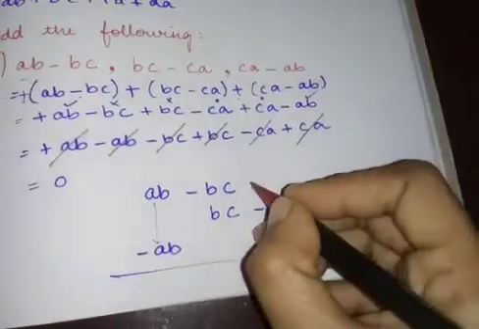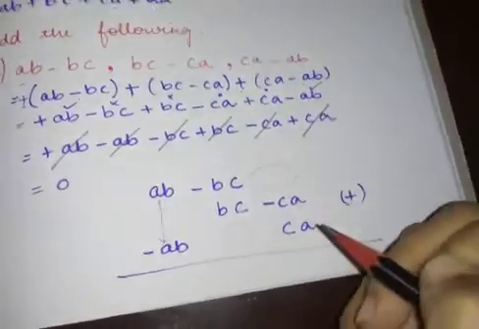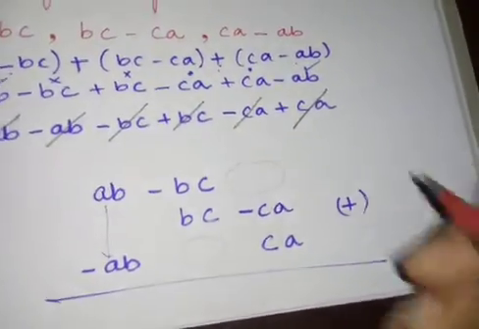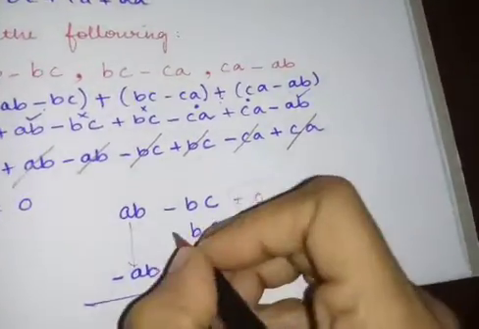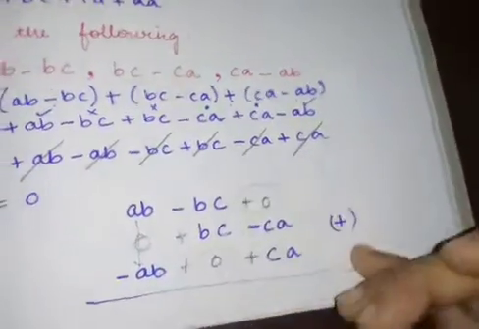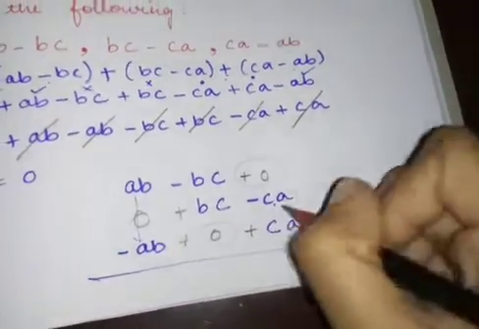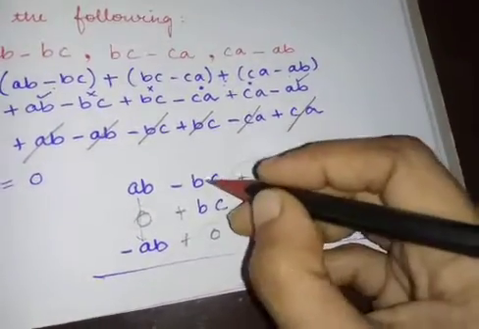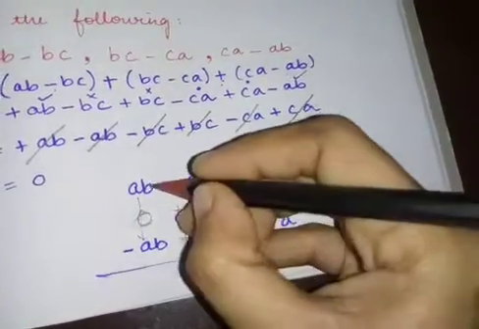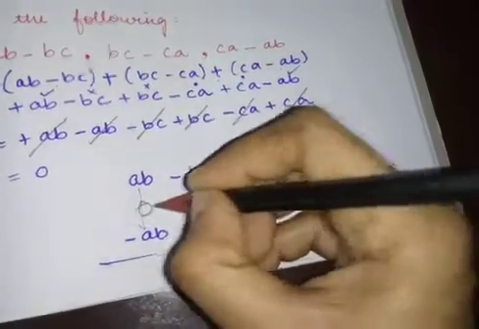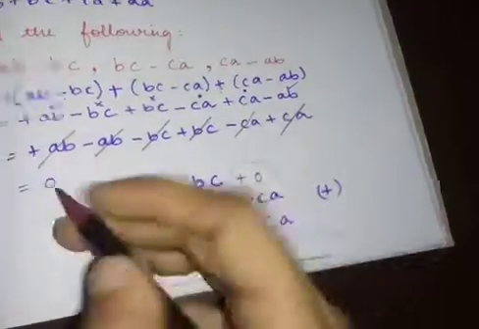Okay. I told you, right? These extra spaces. Here one extra space. Here one extra space. Here one extra space. 3 extra spaces are there. In all of them you can insert 0. Just put plus 0. Here also plus 0. Every extra space you will put 0. 0 minus CA is minus CA. Minus CA plus CA is 0. Minus BC plus BC is 0. 0 plus 0 is 0. AB plus 0 is AB. AB minus AB is 0. So everything I am getting is 0, children.